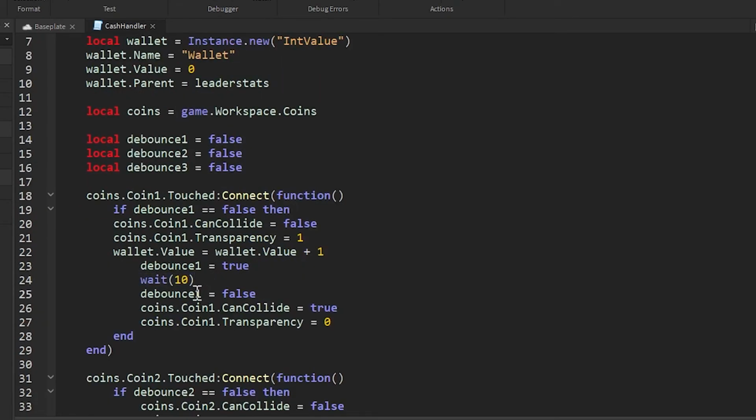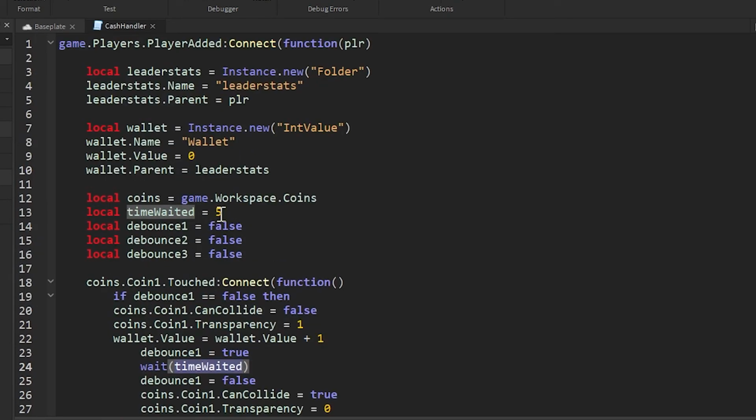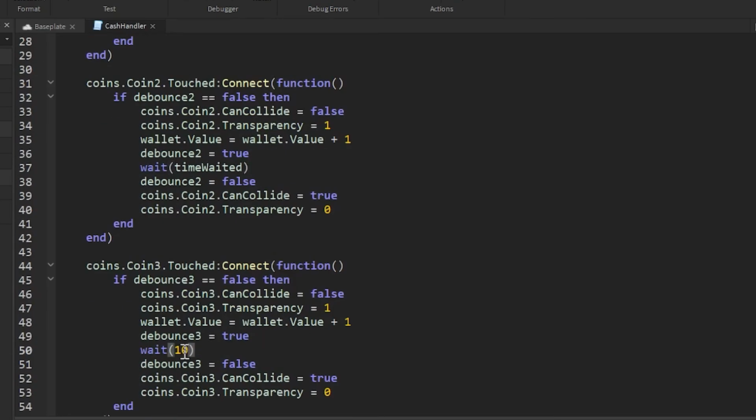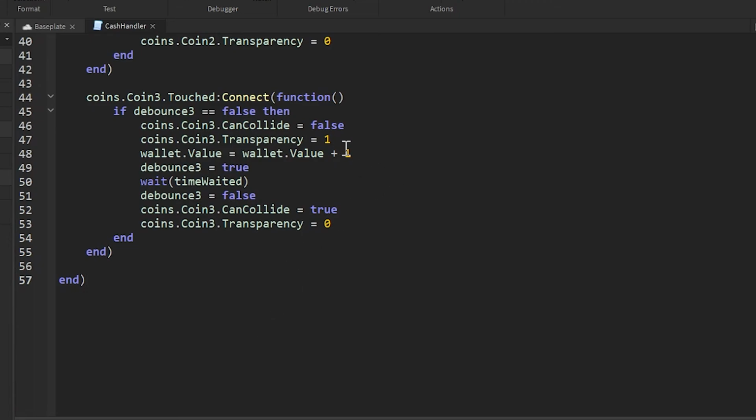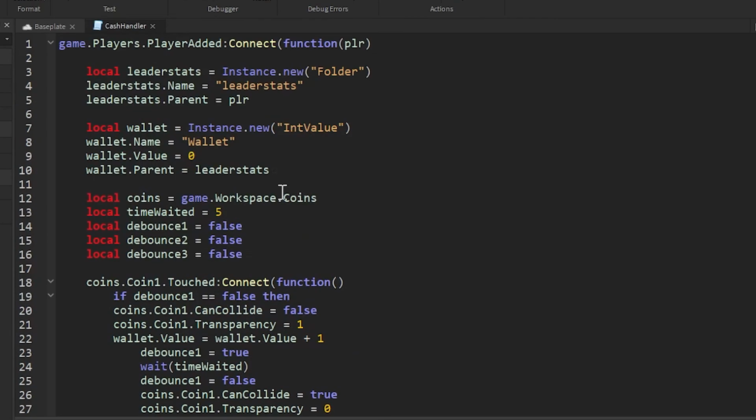instead of waiting that long, because then you have to edit all of them, especially if you have a lot of coins, I recommend adding a new variable called time waited, and then go here and make the wait time be time waited. So instead of having to swap every single one, you can just change it here, and it changes all of them. So go like that, go like that. You can do the same thing with how much it adds. Let's say now I want it to add 5 coins. So then you could say like